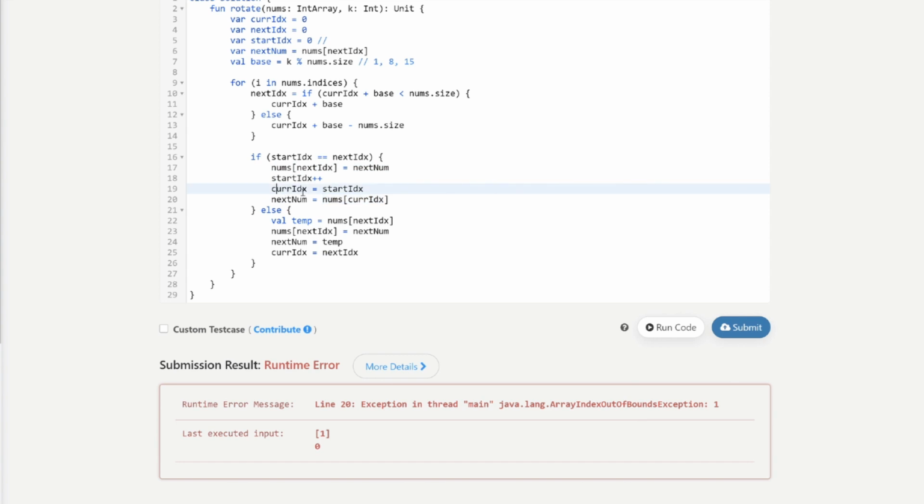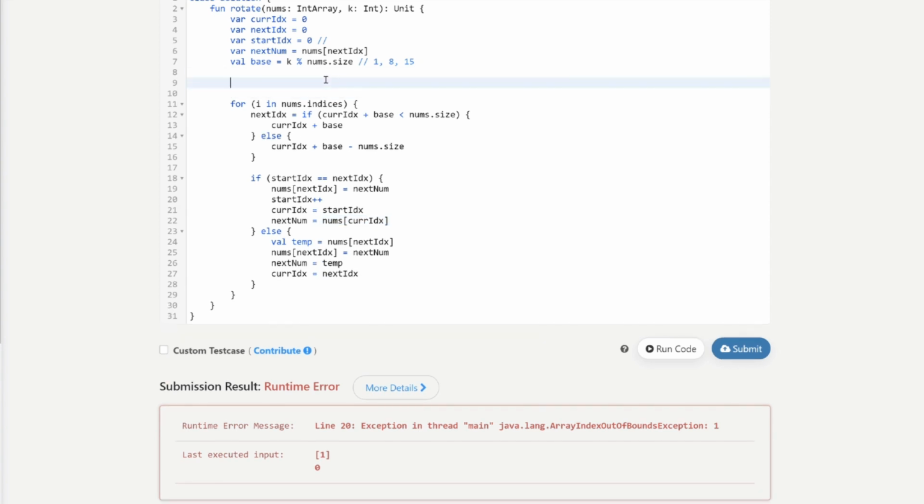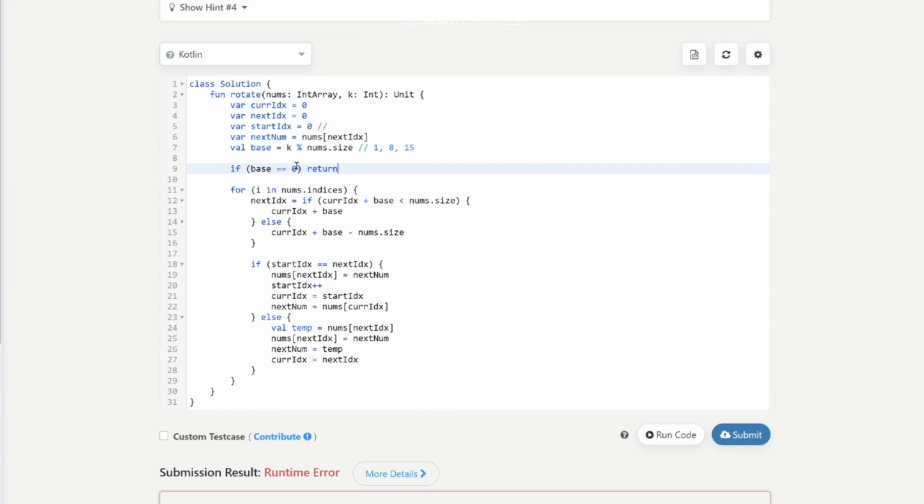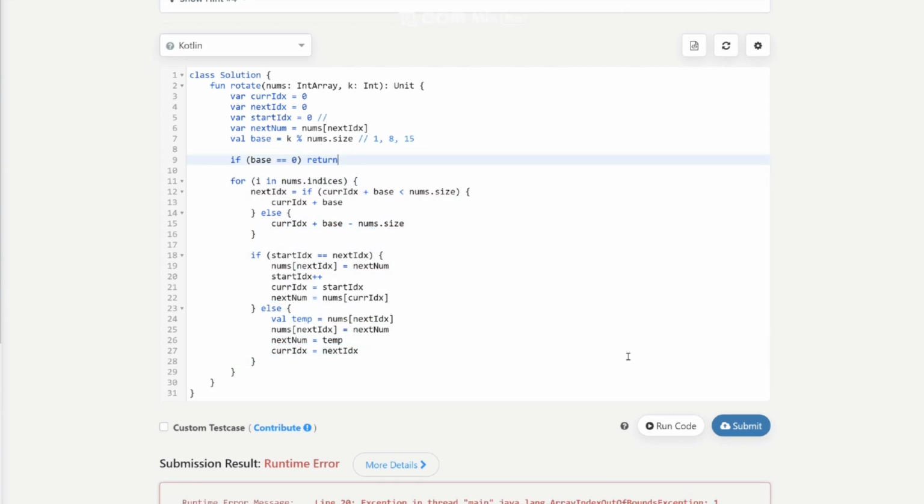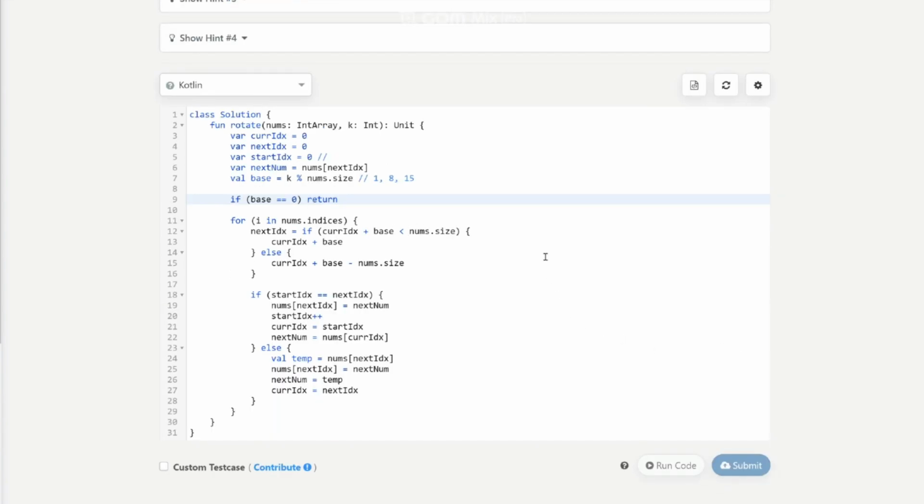so the current index also is 1. So what is nums with index 1? Nothing. There's nothing. It's out of bounds. So you have to account for that situation too. Okay. So if the base is 0, just end the function. If the base is 0, you actually don't have to do anything. So you're going to be skipping all this, and then the function is just going to end. So if you submit that,